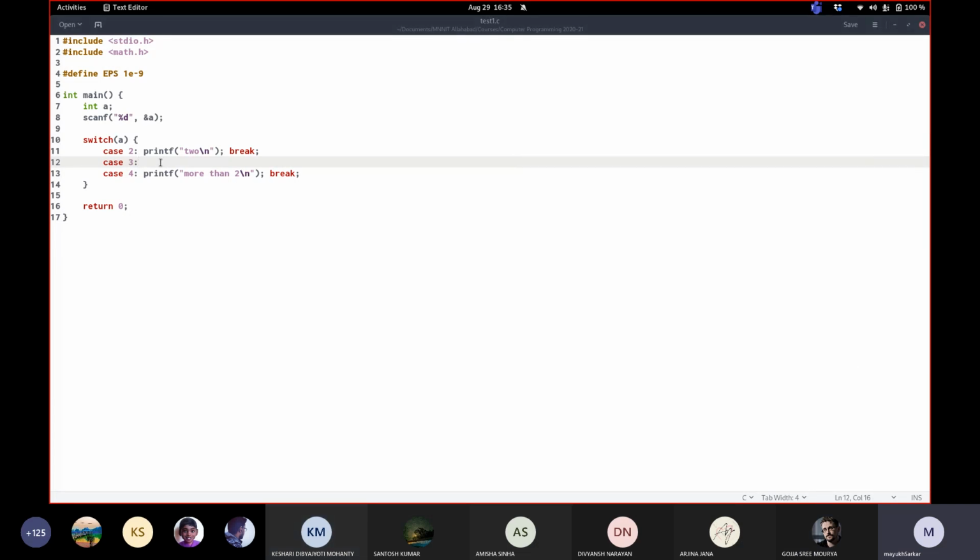See, suppose rather than 3 here, I'm giving say 3.8. Now, even if you provide the value of a as 3.8, it will never be able to match with 3.8 because floating point numbers never match for equality. That I have shown, right? Floating point values never match for equality. First of all, it will never match for equality. So that's why, and secondly,